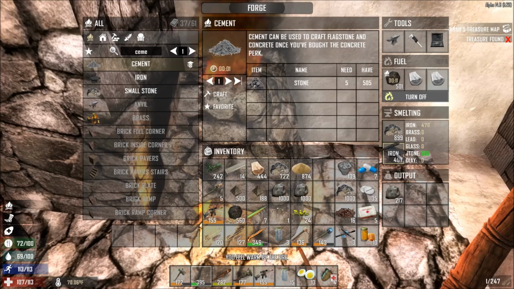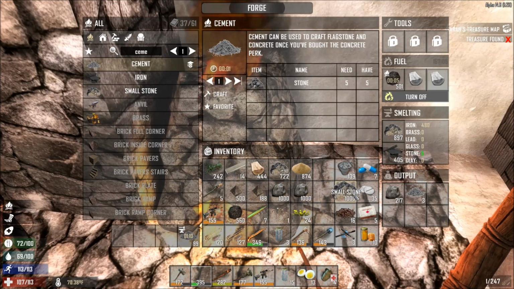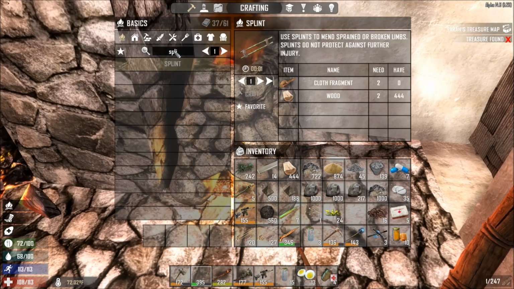Alright, we've got a bit of iron in there. We've got a bit of stone in there. How much cement can we do? We can do 102. That's a help. Output lump of clay. Output lump of clay? Really? Okay, I'm not quite sure why. Let's see how much of this we've got now. Let's see if we can make some more